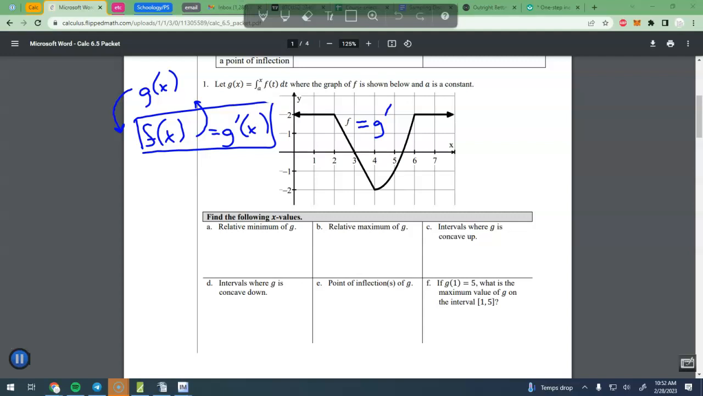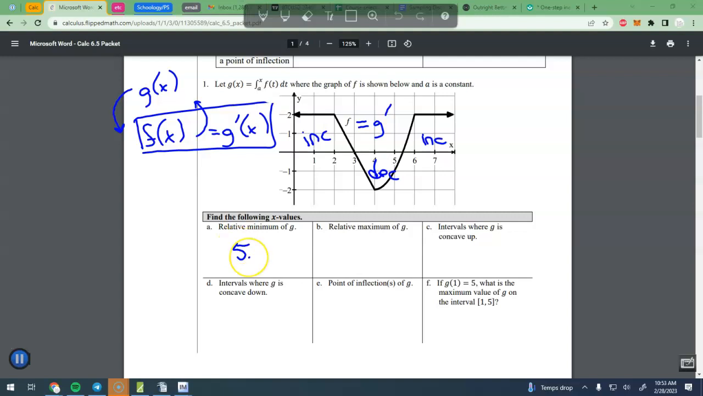So relative min of g. First of all, let's just review what a derivative graph does. When the derivative is above the axis, what does that mean the original function is doing? Positive derivative means positive slope means increasing. So the original function is increasing here, decreasing here because the derivative is below the axis, and increasing here because the derivative is above the axis. So when I ask for a relative minimum, we want to go from down to up, right? Decreasing to increasing. So that is going to be at